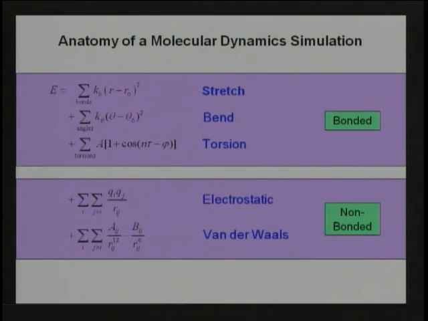And those are ones where you either have two atoms bound together and they have a characteristic length that they want to stay with. So you basically have a formula that approximates that as if it were a perfect spring. A little harmonic constraint there. It goes like that. Then the second one is when you have three atoms and it has a preferred angle. And this final one is for when you have four atoms and you look at how it's rotated this way. Now, I won't go into any more detail.